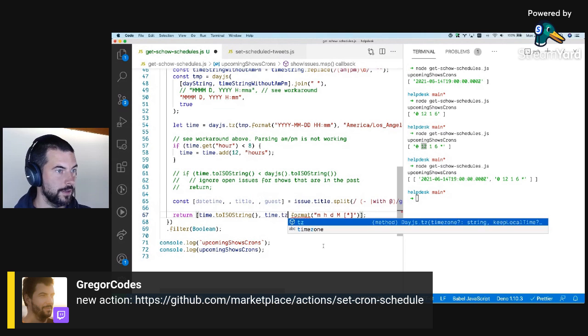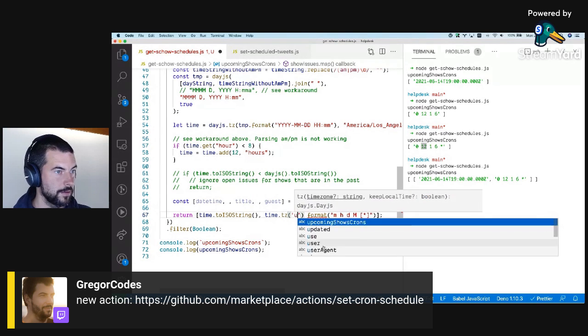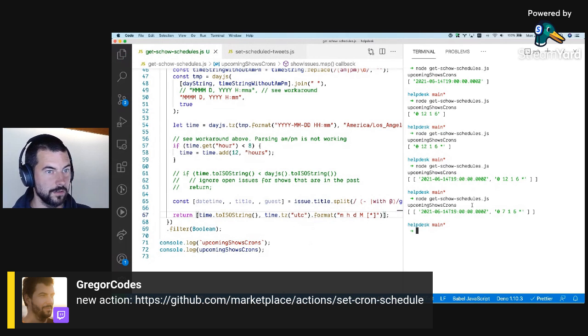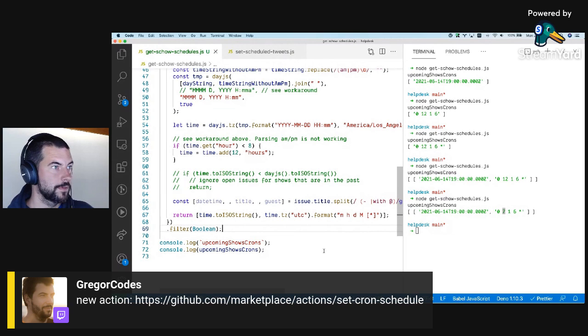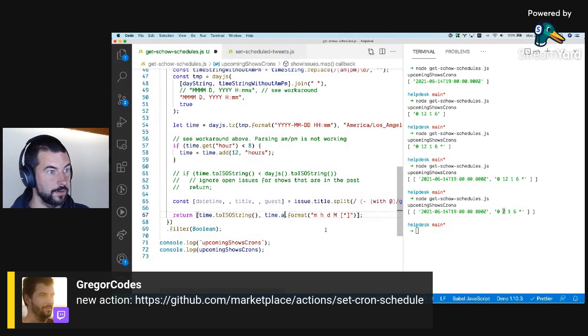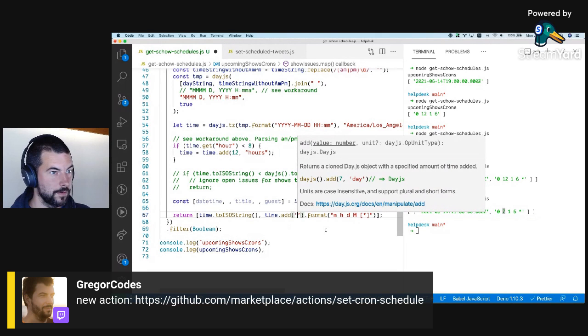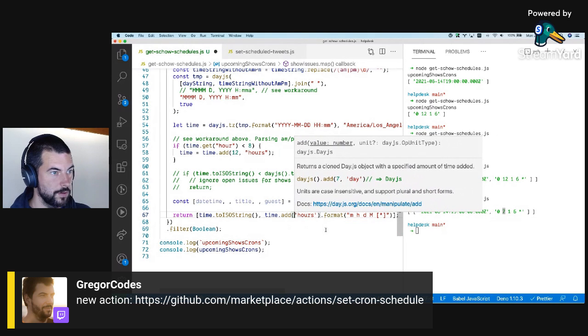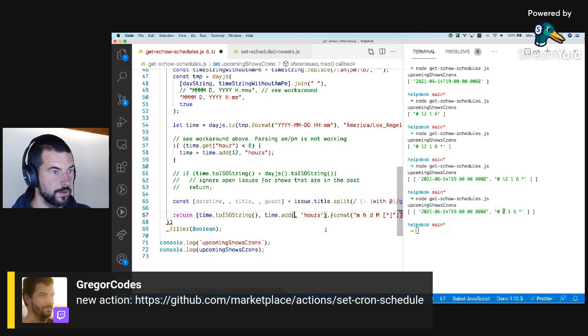So I think I can just set this to UTC like this. Interesting. What's the UTC offset?